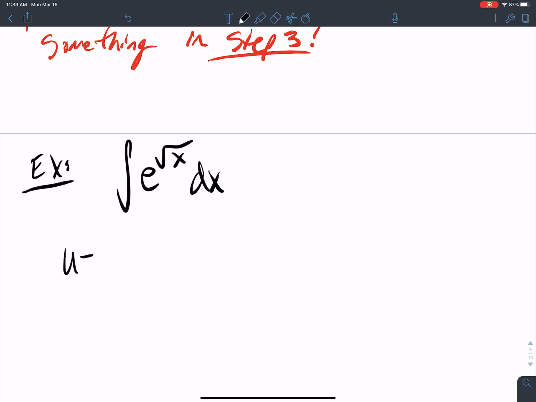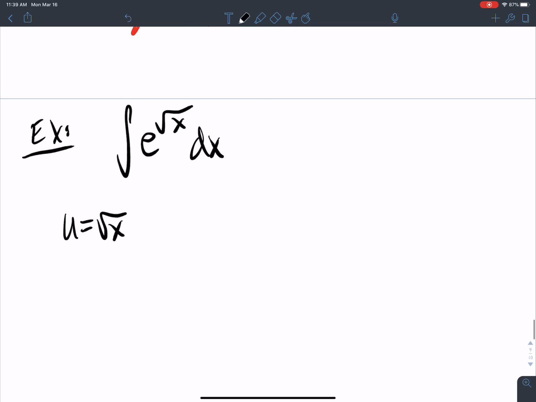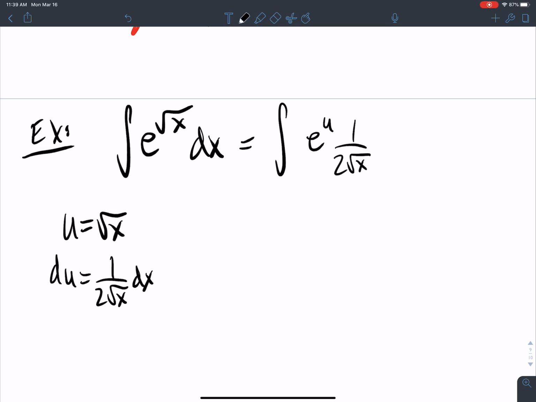If I made u equal the square root of x, then taking the derivative, du is 1 over 2 square root x dx. And so then I'm just stuck in there. I don't even know what I can do to get rid of the x, because I can turn this into e to the u, but dx is